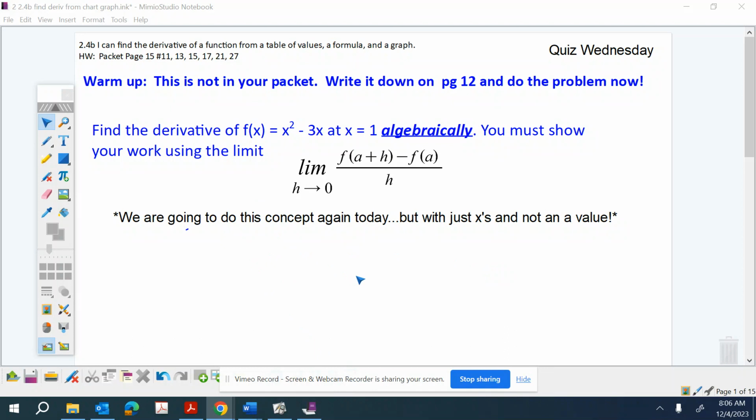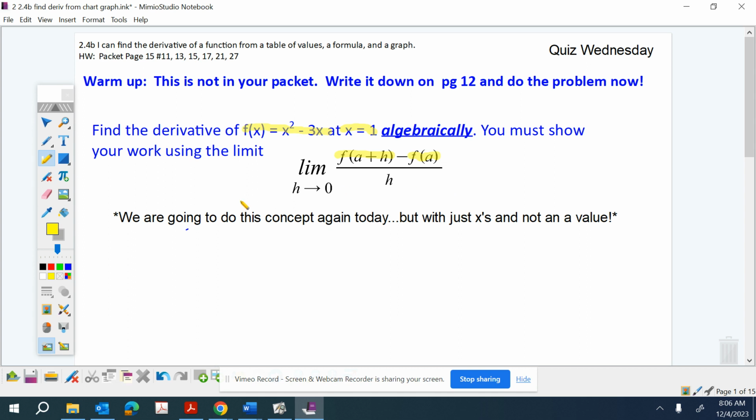Okay, this is the warm-up. If you look at the problem, it's similar to problems you had in the last packet. Remember, with these type problems, you are looking both for the formula because you're going to need to plug in the x value plus h into it, and then also the x value by itself. So in addition to the formula, you're looking for that a value in the formula, which is always the x